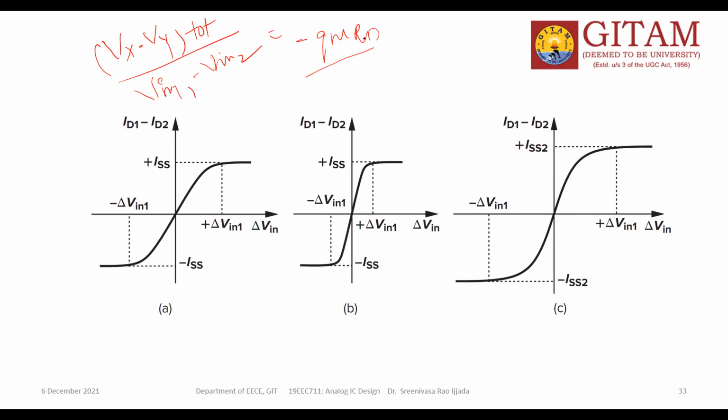So finally the gain is equal to, this is the equation. After so many iterations or calculations, you got Vx minus Vy total by V in 1 minus V in 2 is equal to minus Gm into Rd. Of course, we are happy with that equation. The gain equation looks like the CS amplifier gain equation. So this is case 1, method 1. What is method 1? Superposition theorem. So now I am going to method 2.